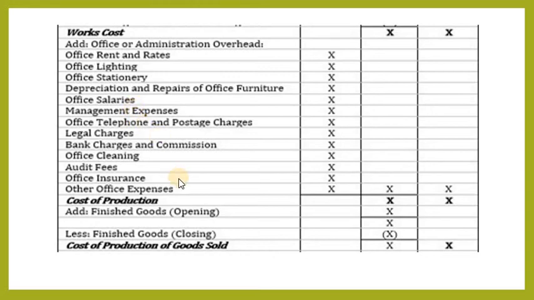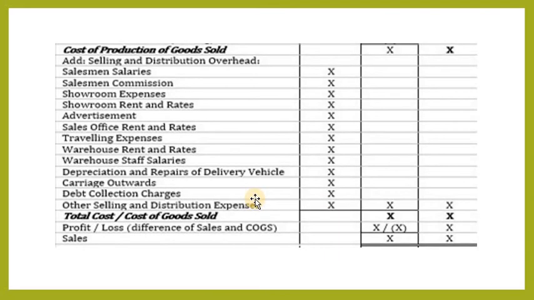Okay, first we are calculating prime cost. Based on that prime cost, we are calculating work cost. Based on this work cost, we are calculating the cost of production goods. The next and last step of cost sheet, let's go. This is the preparation of total cost. After completed calculation of cost of production of goods sold, we will add selling and distribution overheads to that cost of production of goods sold. Then we are getting total cost or cost of goods sold.